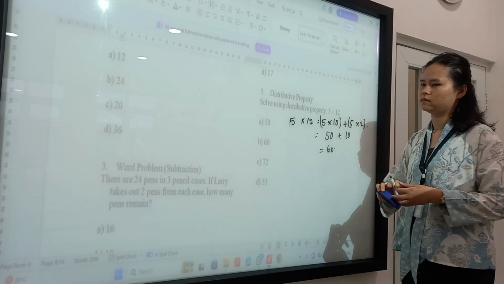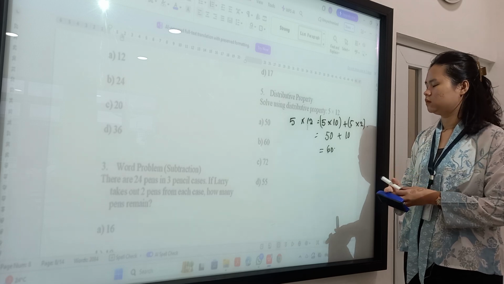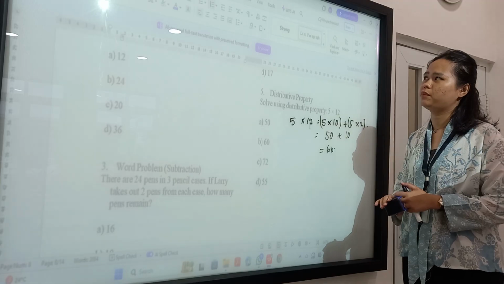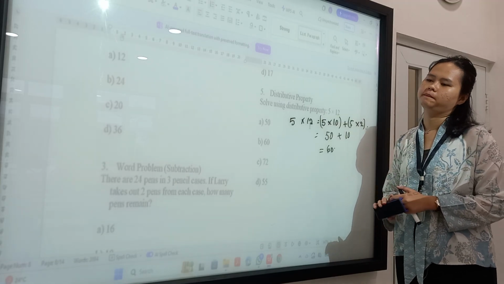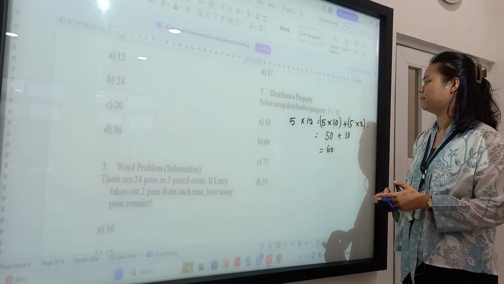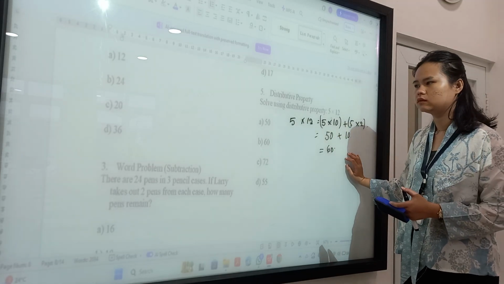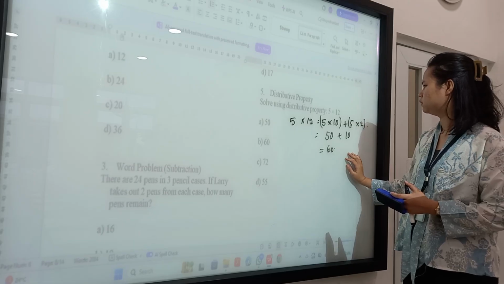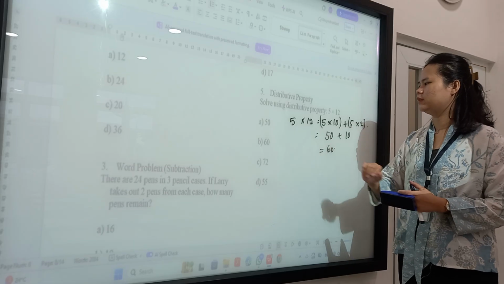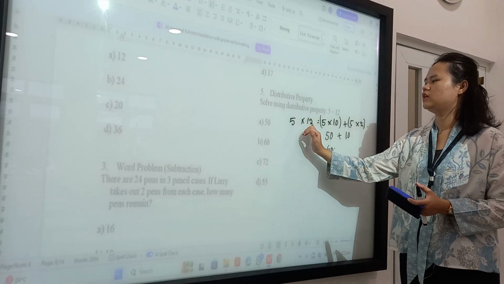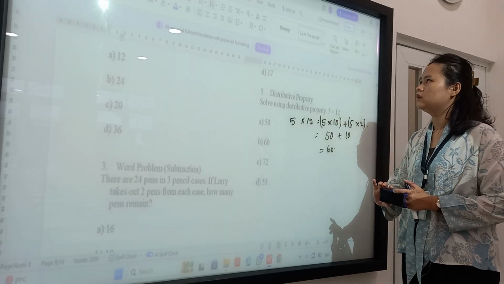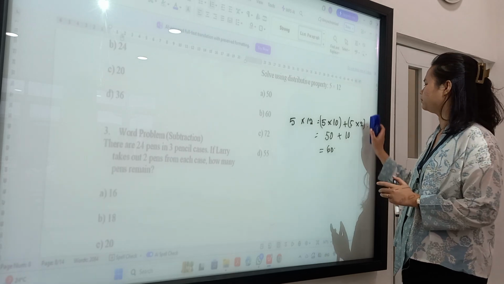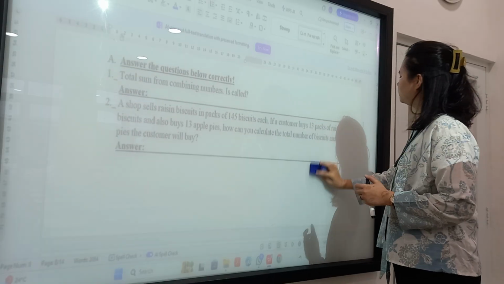Okay, so the question here is why we need to separate? Why we need to change this 12? Because distributive property is like when you separate the numbers, so make it easier to calculate. So you mean we can change this one with 8 and 4? That's like 5 times 8 plus 5 times 4, or must be 10 and 2. It must be 10 and 2, because I need to separate the number that is multiplied there. Okay. Next, we move to question number 1.